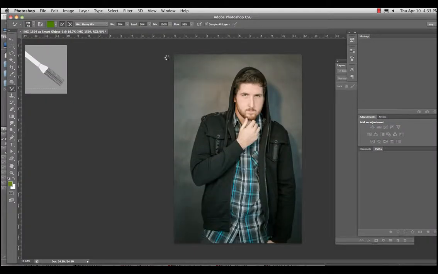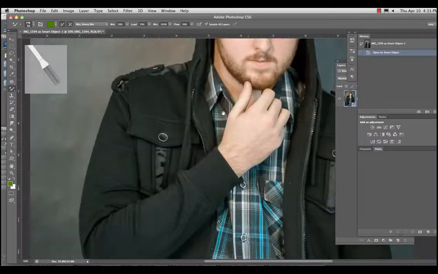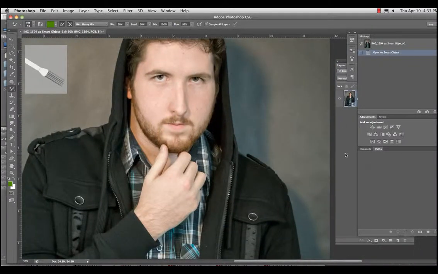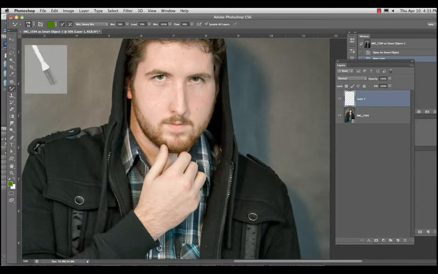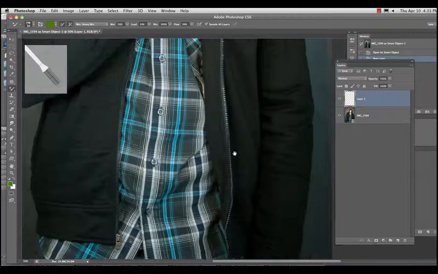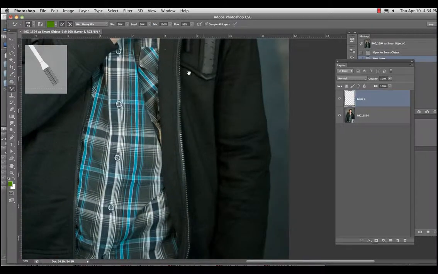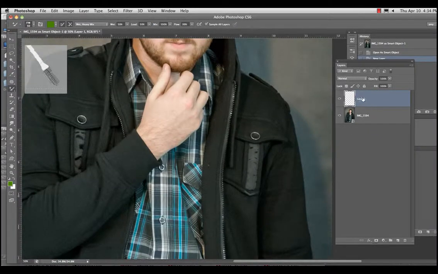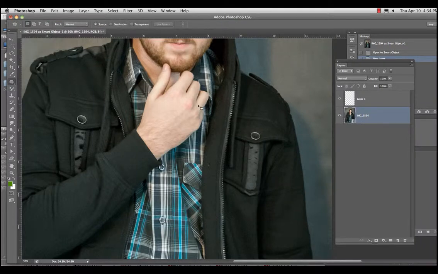If you want to continue on with this file, if there's any retouching you would want to do, you could always add a new layer and do any retouching if there was something on the background or like lint on the jacket. Looks pretty clean. But retouching would have to be done on an additional layer. You cannot retouch on this. If you go to, it will say,